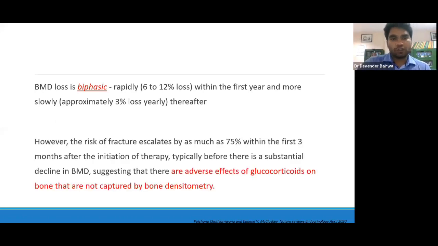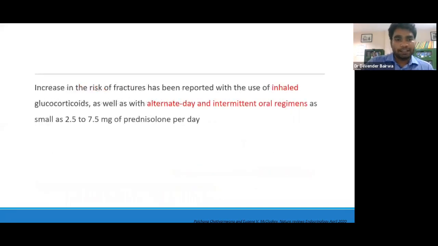However, the risk of fracture escalates as much as 75% within the first 3 months after the therapy initiation, typically before there is substantial decline in BMD. That means the risk of fracture and decline in BMD have poor correlation. That is because apart from decline in BMD, there are other factors because of steroid therapy which are increasing the risk of fracture. Increase in the risk of fracture has been reported with the use of inhaled steroids also,